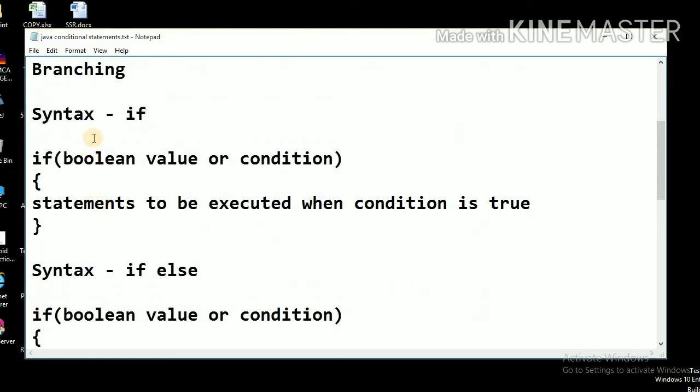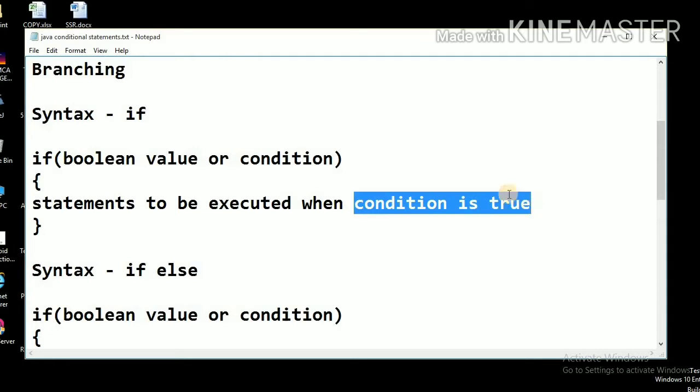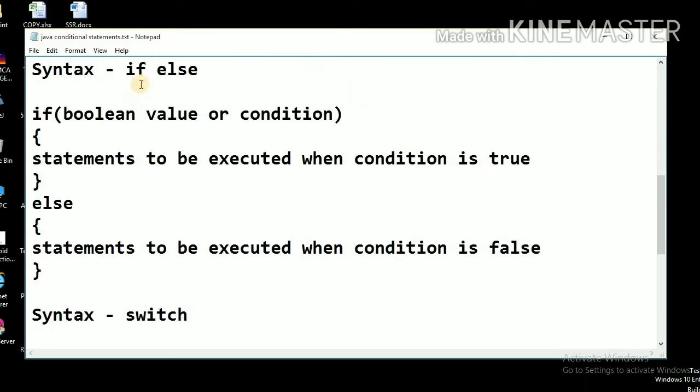The drawback of the if statement was that we know what statements to be executed when the condition is true, but we had no idea what to be executed when the condition is false. In the if-else statement, that drawback has been removed. Now we have two separate blocks, one for the if and one for the else.